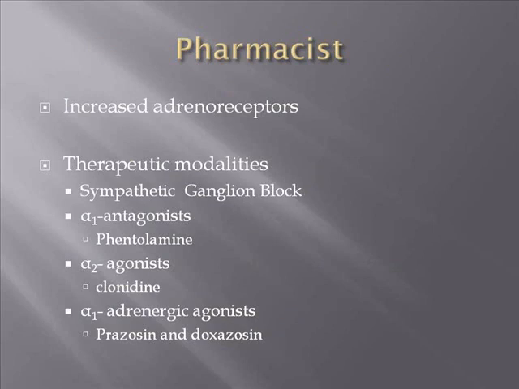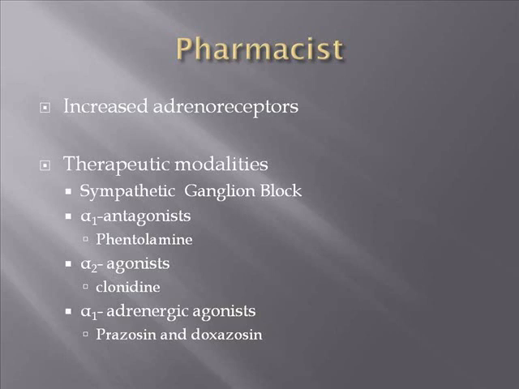From a pharmacy perspective, in conditions such as complex regional pain syndrome, where there is thought to be the presence of sympathetically maintained pain in a number of clients, there are some studies showing that the hyperalgesic skin has a greater number of alpha-1 adrenoceptors compared to normal skin. Therefore, when we're thinking about pharmaceuticals, therapeutic modalities such as a sympathetic ganglion block that blocks the sympathetic nervous system,